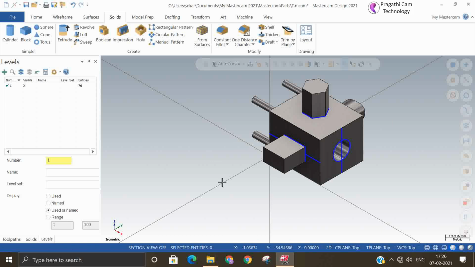Without this fundamental, you cannot do the 3D drawings. One thing I earlier told, C plane is always equal to the T plane. Okay, so it means that C plane is equal to T plane, means tool plane, means tool axis plane. So one thing you keep in mind, when you change your C plane, you have to change your Z depth. Okay, rotation, but for viewing you can rotate by any method, by holding and rotating, and you can view in any method. Okay, so with this knowledge you can make any model. Okay, thank you.